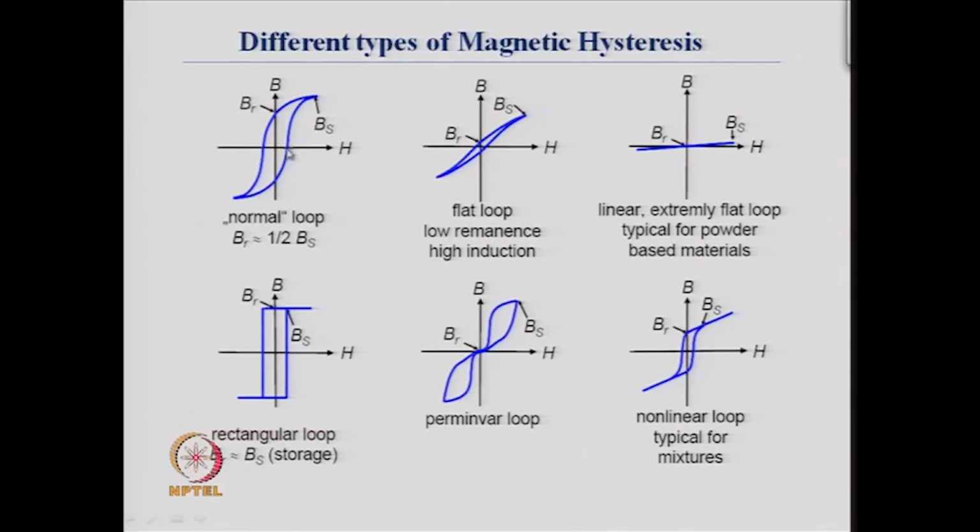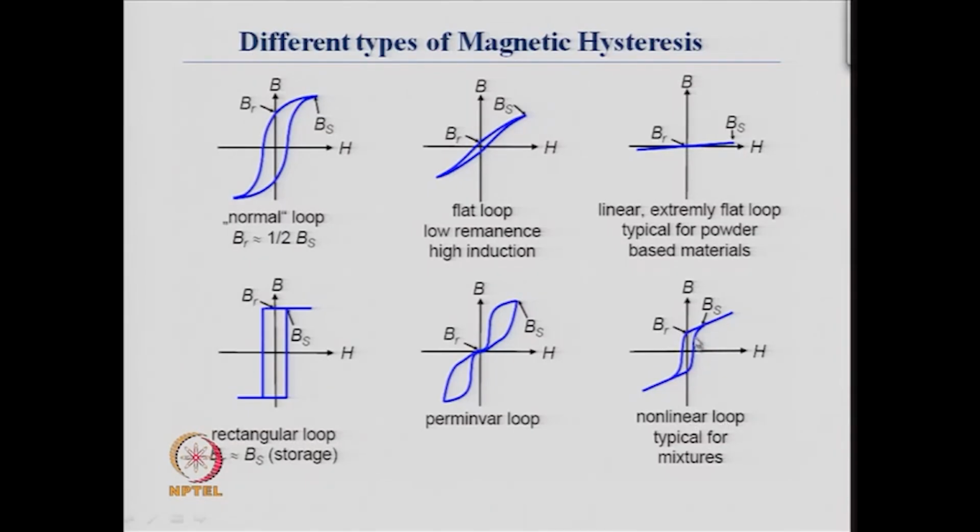Here it is slightly slow, because it varies with the magnetic field, it does not change suddenly. In this case, there is very low remanence, although the induction or the magnetization is high. Now, in this case there is 0 remanence. So, this is not a typical ferromagnetic material, because the remanence is nearly 0, and this is a linear flat loop, and this is typical for powder based material. There is hardly any remanence, it is nearly 0 remanence, and this is a non-linear loop,